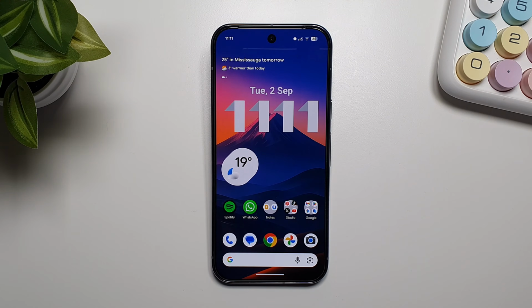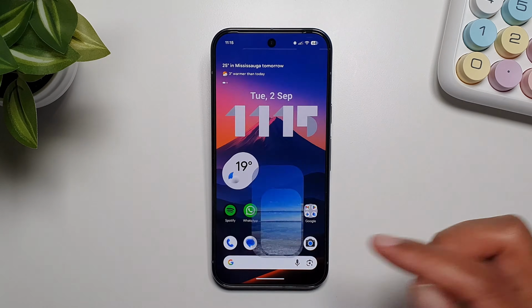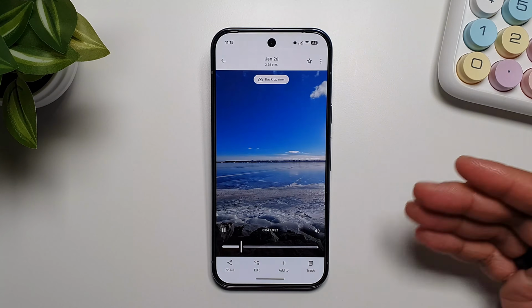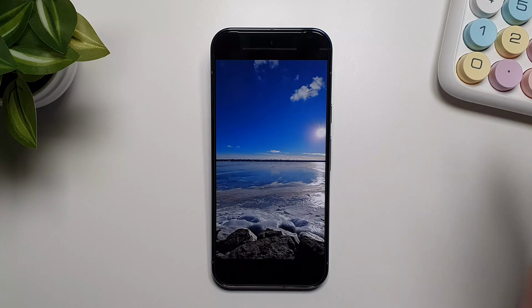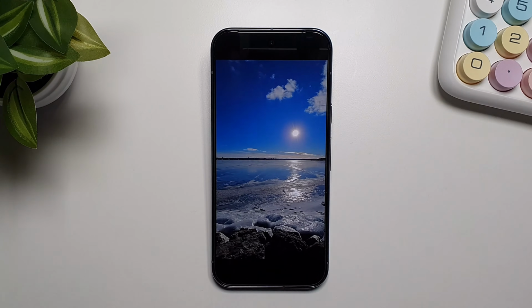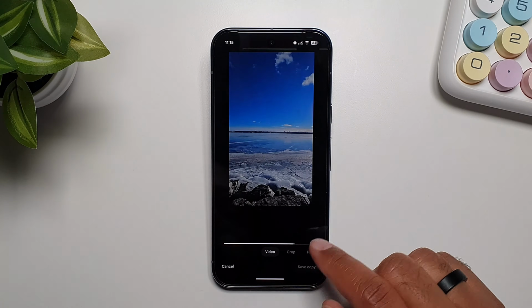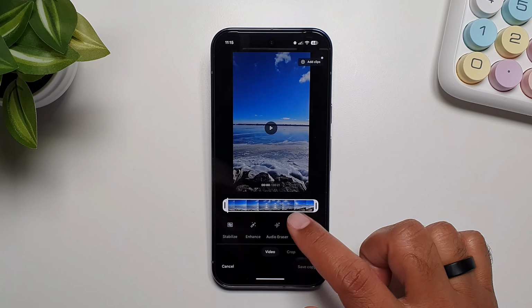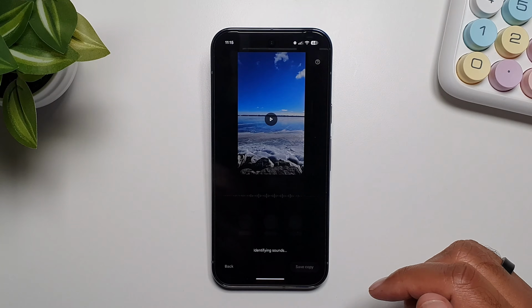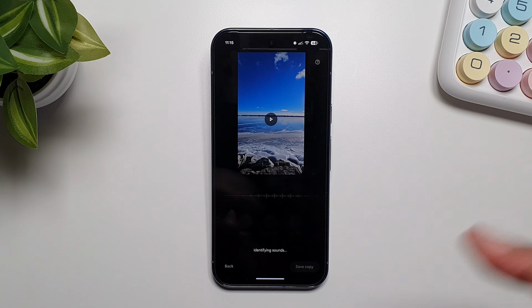Next feature that I want to talk about is audio eraser. So you can erase or remove the audio from any video in your gallery. So if we go in gallery, I've got this video here which has some wind noise and some people talking in the background, and we'll see how audio eraser feature works on this video. So if we tap on edit and then tap on audio eraser, it will analyze the video and identify the sounds. It will take a bit,